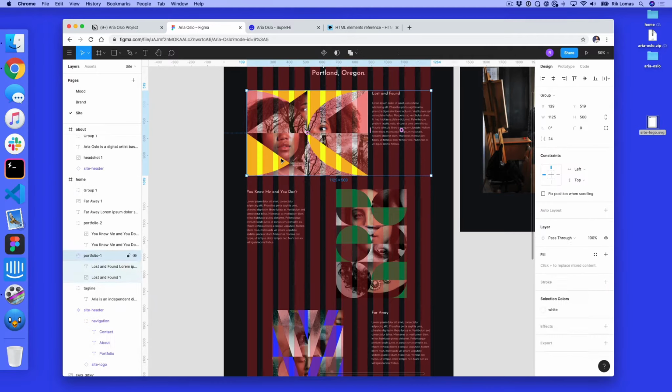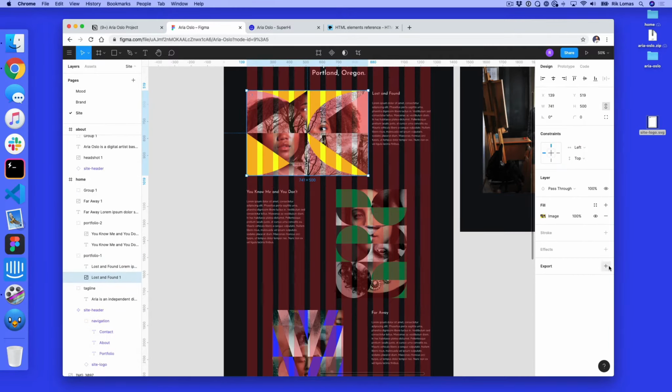So the first thing is I'm going to select each image and I'm going to export. I'm going to export at PNG or JPEG. It's kind of up to you which one you pick. I'm going to pick PNG, but I'm also going to do it at 2x. And the reason for this is I want it to be Retina friendly. So if I'm on an iPhone or even a Retina MacBook, let's say, then it'll still look good and not